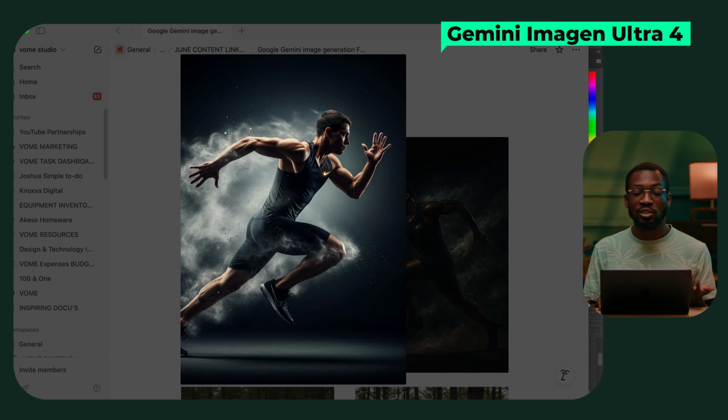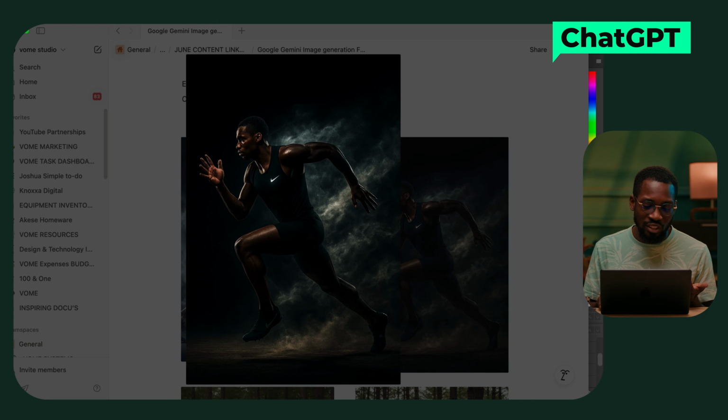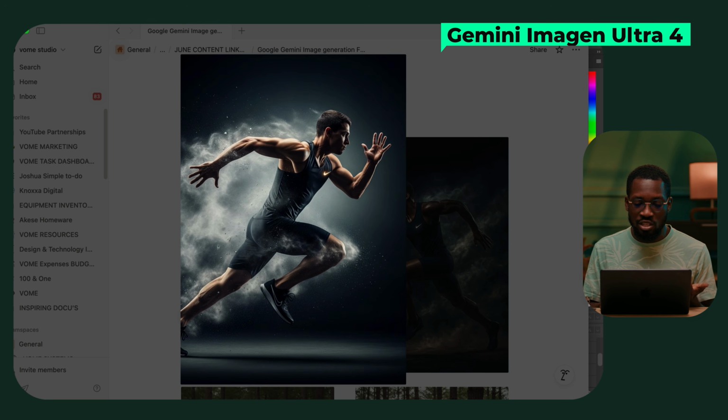And now I think in this particular example, they both pretty much look good. I actually like this ChatGPT version over the Gemini version. And I think